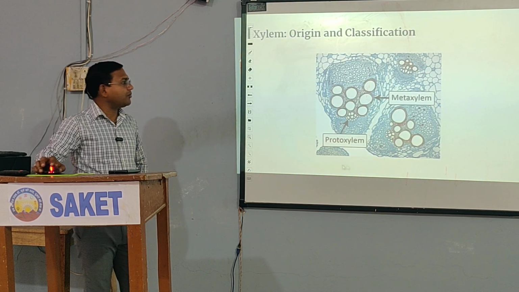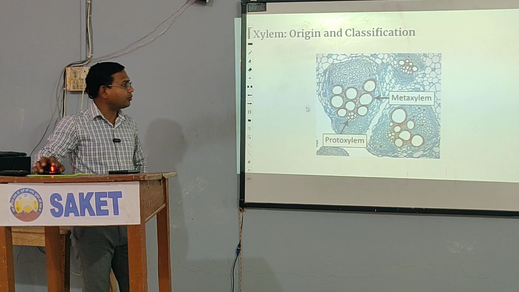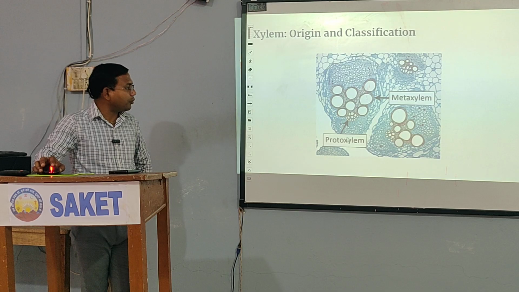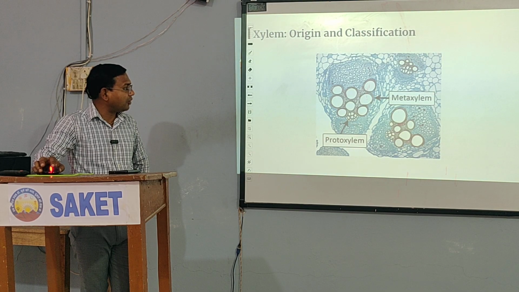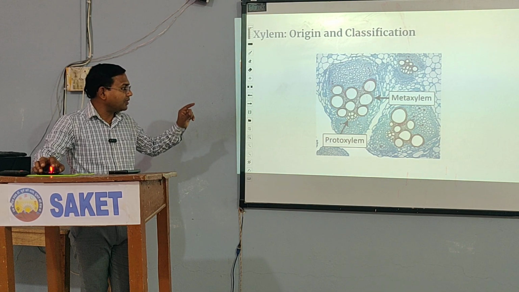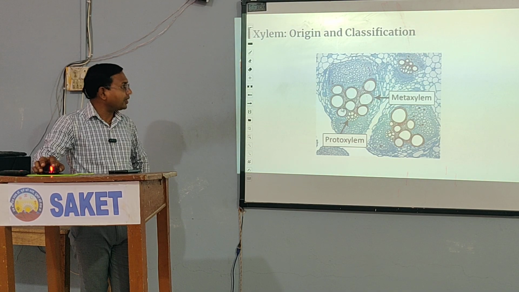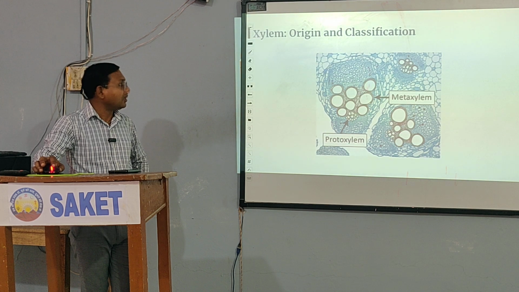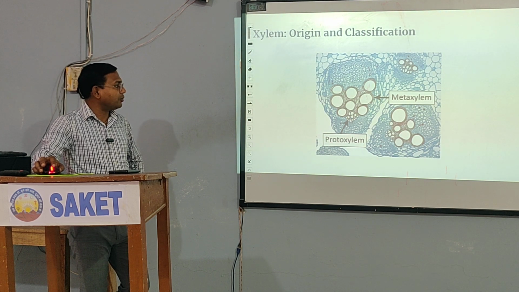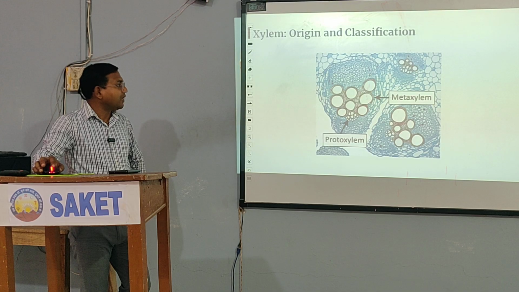So this is the diagram of the primary xylem, how it looks in section. This is a part of the section. So you can see the protoxylem. These have the smaller lumen, like the space inside the cell is very small compared to the metaxylem, and these cells have wider lumens. You can see this big space here. Each space here is very small compared to this. So this is the metaxylem and this is the protoxylem, how they are arranged, and it is a lignified cell.